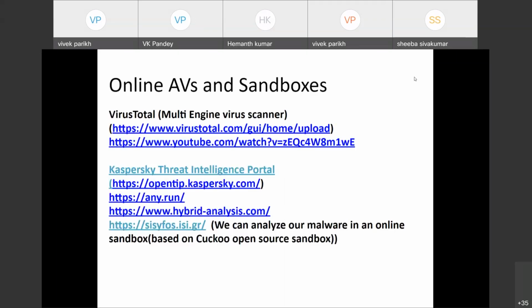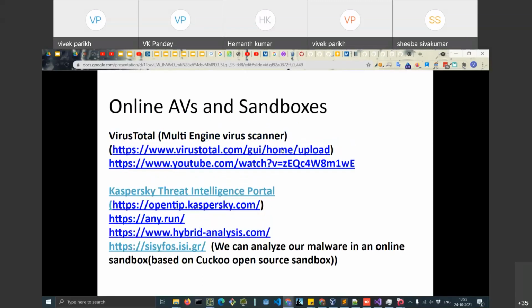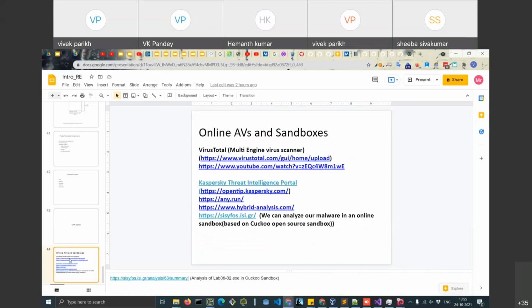So there are some online antivirus and sandbox tools as well. The most popular is your VirusTotal. Can you use RAM dump to do the same? Yes, so after the unpacking has happened in the memory, you can use some external tools as well to dump the binary to the disk. But then there are some other advanced things, like you need to fix the import table of the binary before it's dumped to the disk so that it can run properly.